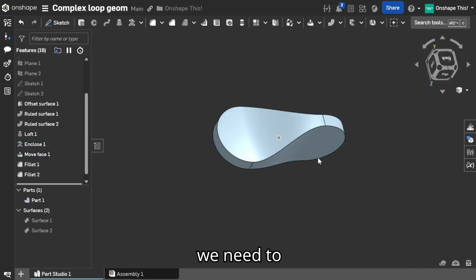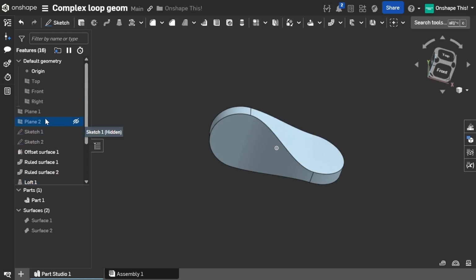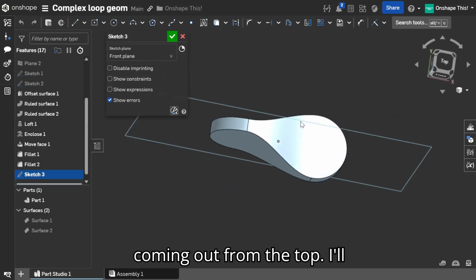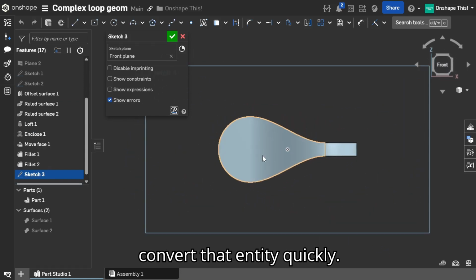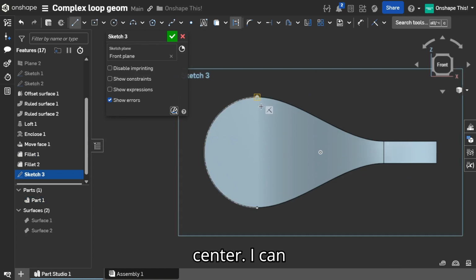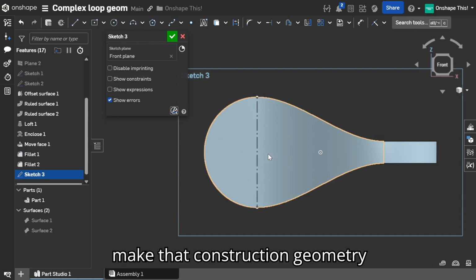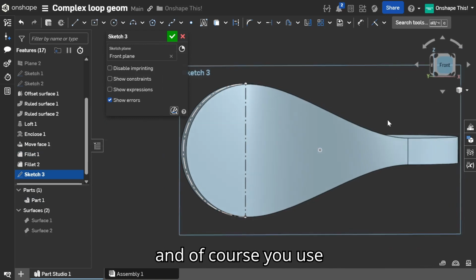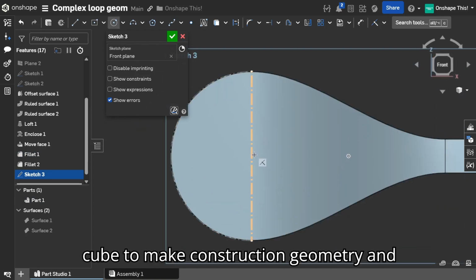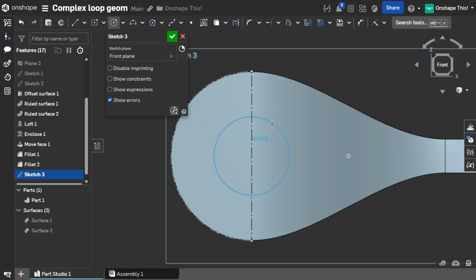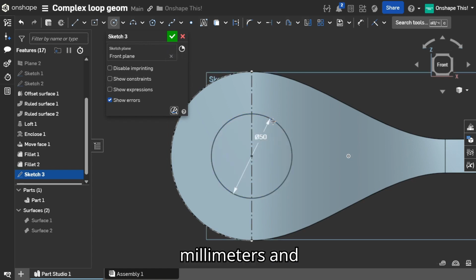Okay, so now we need to sketch the holes coming out from the top. So I'll convert that entity quickly and then draw a line passing through the center. I can make that construction geometry, and of course you use Q to make construction geometry, and then we can draw a circle. I'm going to specify that as 50 millimeters, and okay,